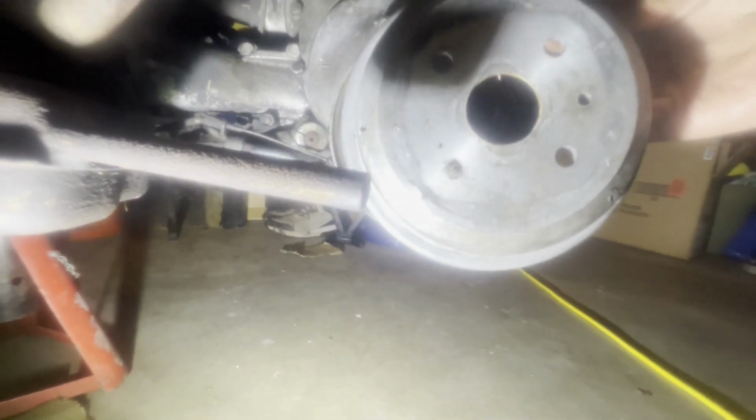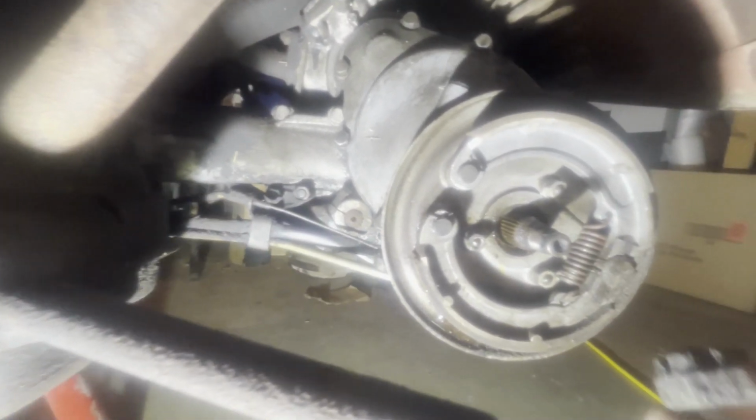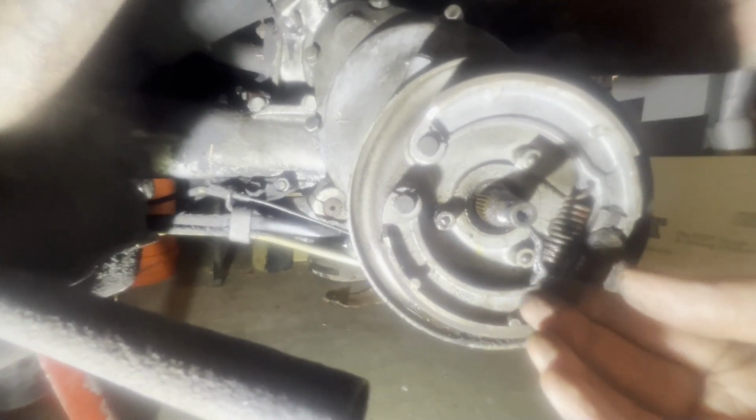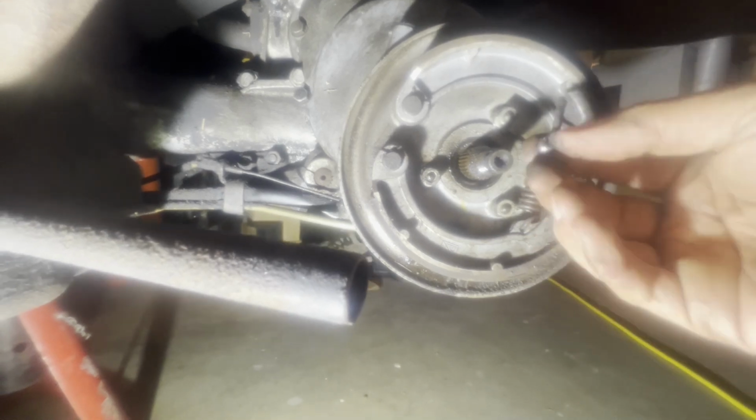So I've got a bunch of things taken off already. What you can see removed is this little brake cover and the other brake cover that goes over the brake cover, and of course the tire. So those are off. This little castle nut was not the easiest to get off, but what I really did, rather